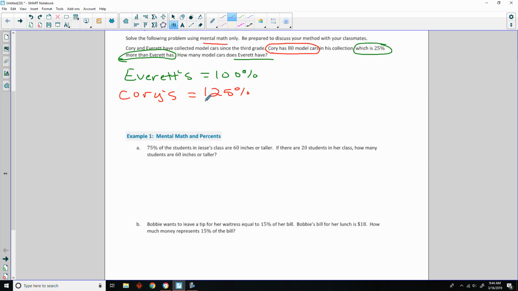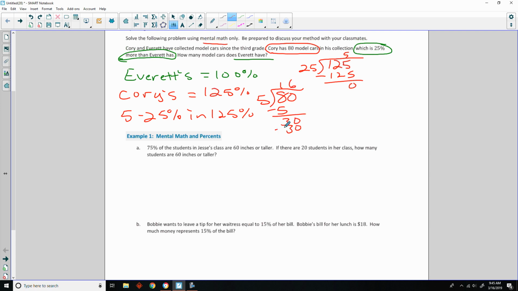Okay, so now I want to focus on Corey. So 125 divided by 25 is 5. Okay, so there are 5 25%s in 125%. Okay, that's what I'm trying to say here. Corey has 80 model cars. So 80 is 125%. So if I take that 80 and divide it by 5, then I get